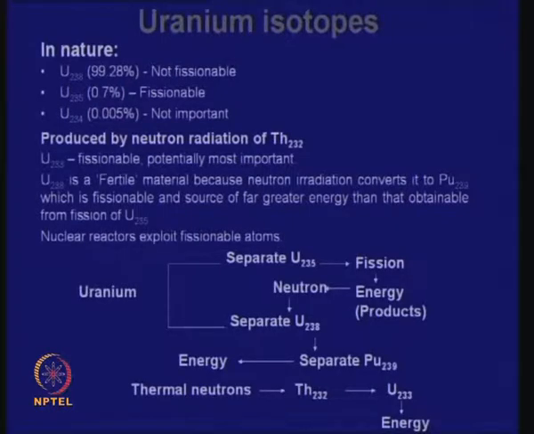But now, it might seem to you that uranium-235 is not that important, 0.7%, though it is fissionable, and you might think that, well, if this is not fissionable, what is the use of 99.28%? Try to understand now some very interesting things. Uranium-235, which is 0.7%, is definitely very important, but